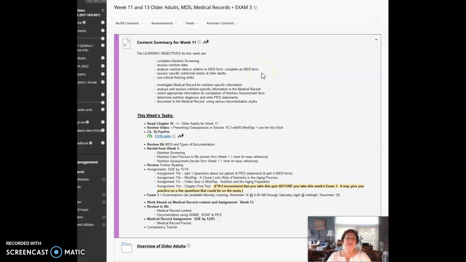Weeks 11 and 13 bring us back to the nutrition care process, introduce the MDS form for long-term care facilities, review the nutritional needs of older adults, and investigate a medical record. There's a lot going on this week, and we did cover this information during the Zoom meeting, so I'm not going to belabor the point, but there is a lot happening, so just take everything step by step and you'll